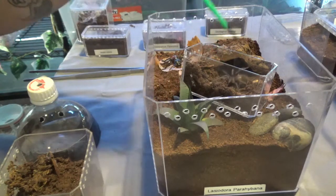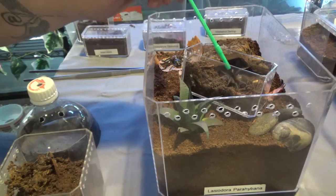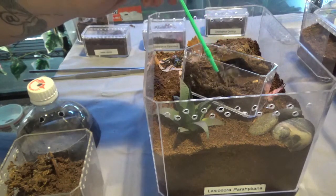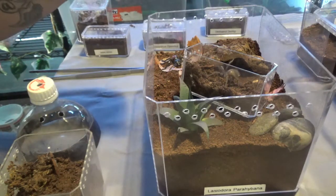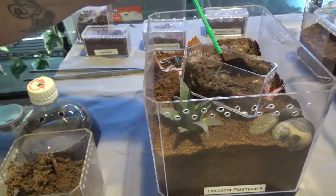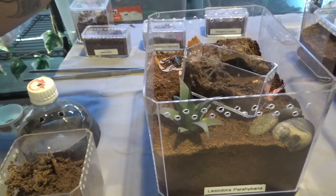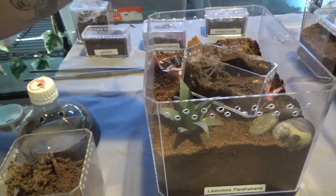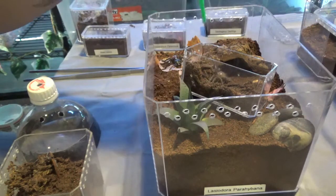Come on. Oh! Did you hope I got that? He just attacked my paintbrush. How dare you? How dare you attack? Oh! We have a mini threat posture, don't we? Now I'm touching your back leg. Come on. I don't want to keep poking you. Wow! That's an aggressive little bird eater there. Come on. LPs aren't...